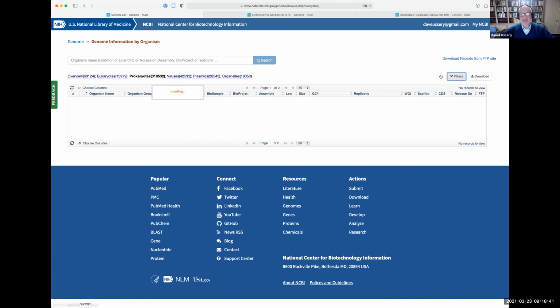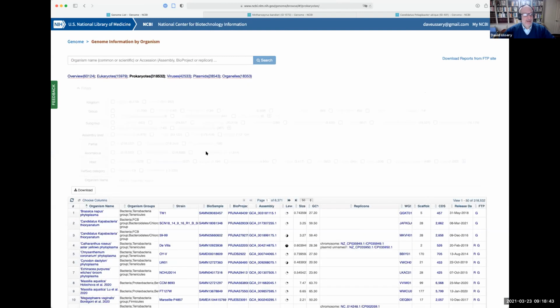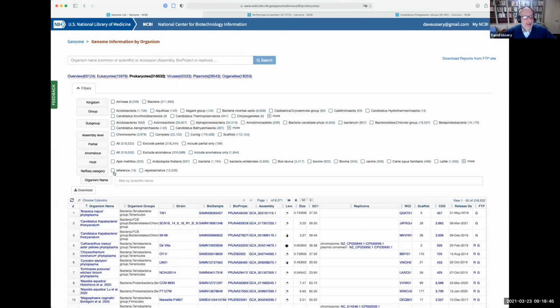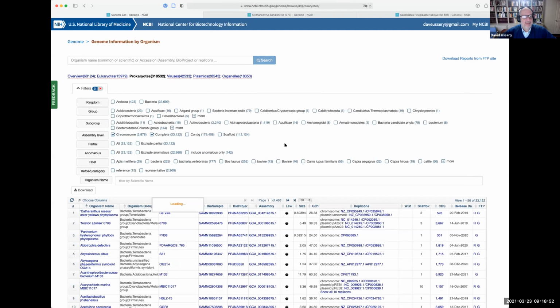So this is everything. There we go. So now I say, I want that's complete and that has chromosomes. It turns out that those are kind of two different, they mean the same thing more or less, that are finished. So when you do that, you wind up with 27,000, it says. Does that sound right? Yeah, 23 and 24. So it's 27,000. Now you say how many bacteria